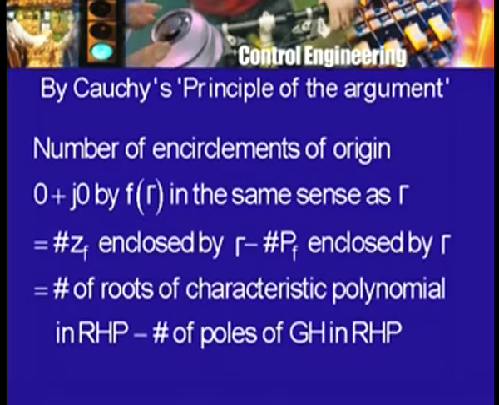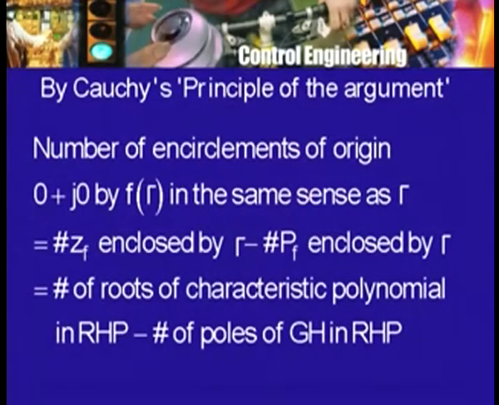In other words, if the image contour is traversed in the opposite sense, we prefix a minus sign. If it is traversed in the same sense as gamma, we do not prefix a minus sign, that is, we take it as plus. In the same sense as gamma, this number by Cauchy principle of the argument is the difference of these two numbers,